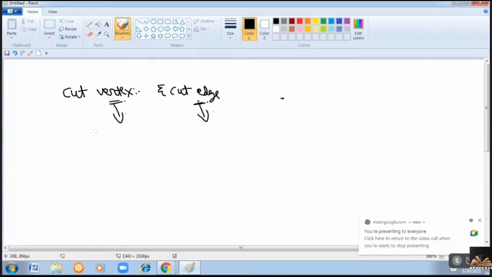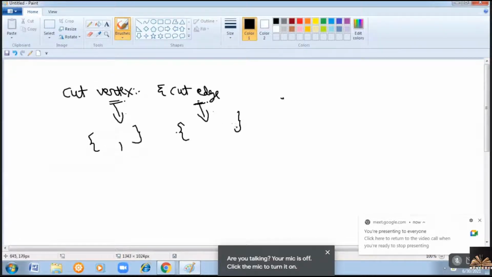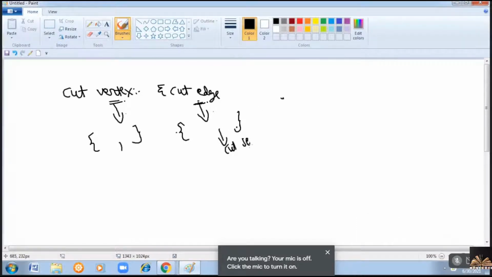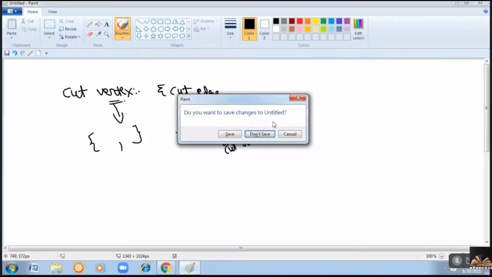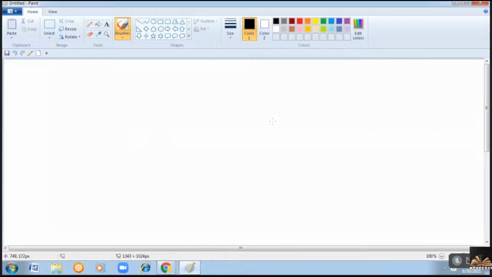Sometimes you may have to remove more than one vertex, then we'll call it vertex connectivity. Sometimes we have to remove more than one edge to make a disconnected graph. We'll call it a cut set. Okay, this is the last topic we have discussed, right? Now in today's class, we'll see connectivity in digraphs, that is, in directed graphs. The connectivity in directed graphs we'll discuss today.